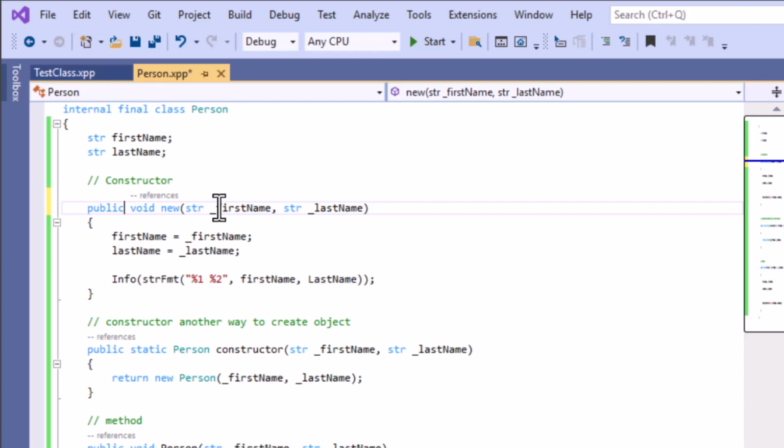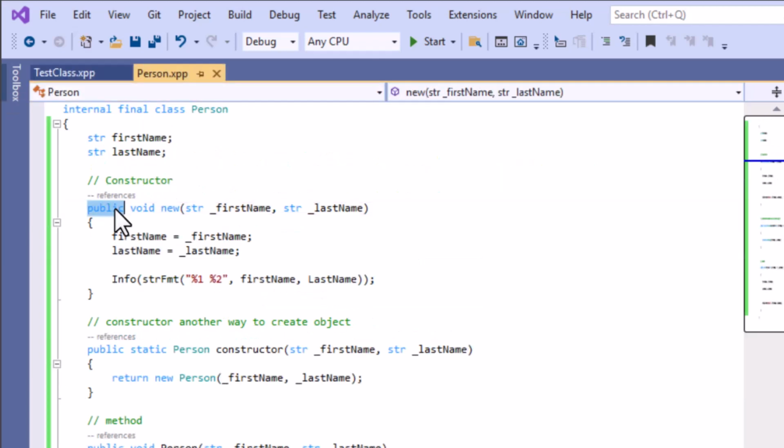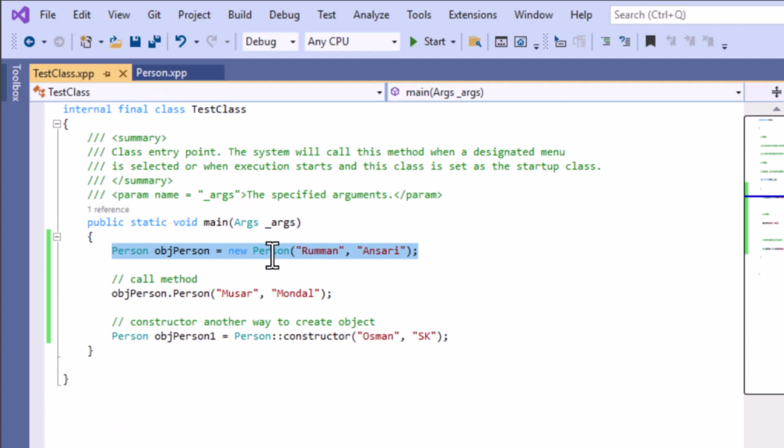If you make it public, a developer can easily access the class using the new method. But if it is protected, then this type of initialization will not be possible. Okay, but in case of protected